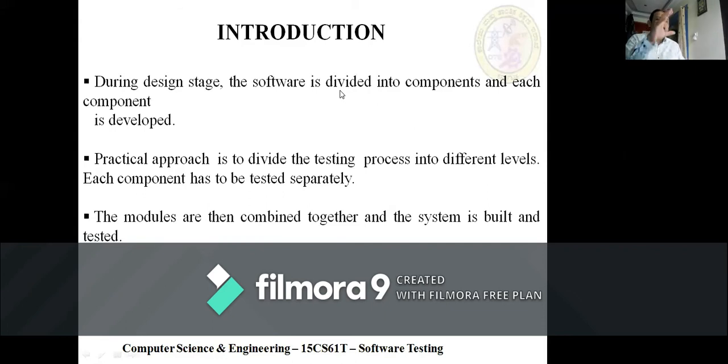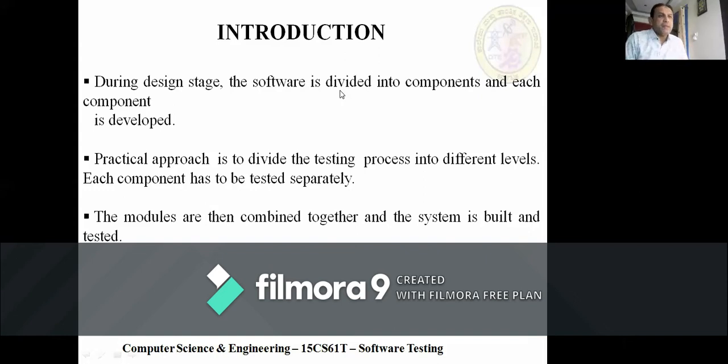For example, if there are bugs or errors, it will show an error in the issue module, so you go only to the issue module and try to debug it. Or if there is an error in the receiving module, you go only to the receiving module and check the bugs. So debugging will be efficient and very easy if you divide it into smaller modules. That is what you call components.